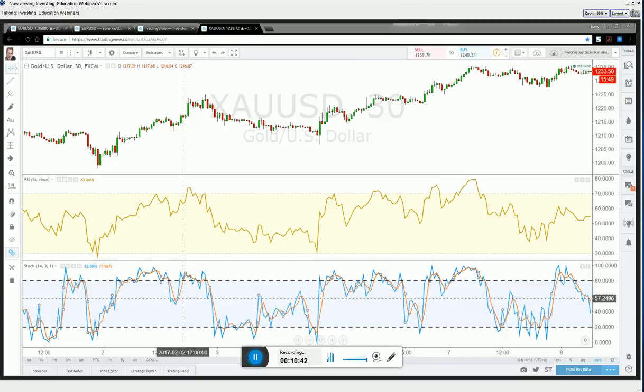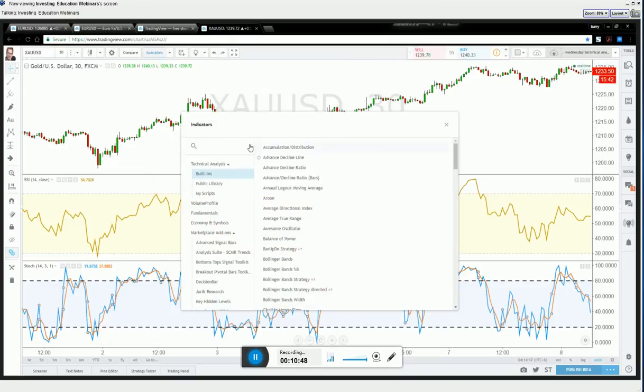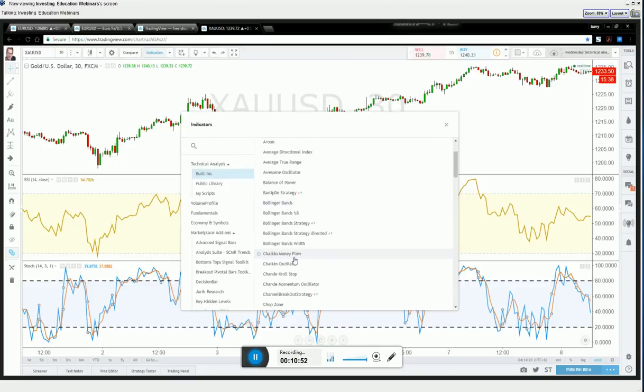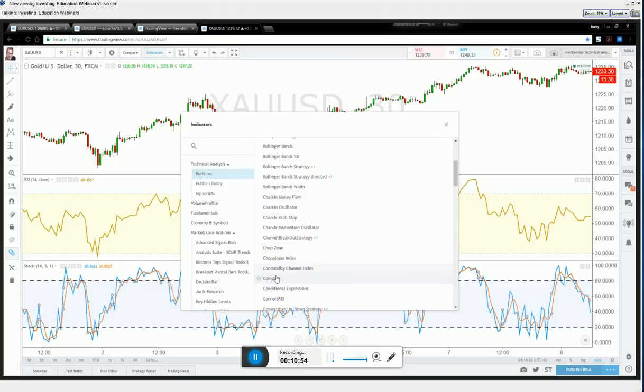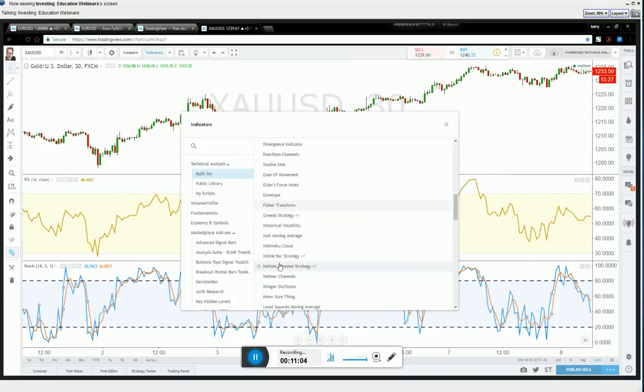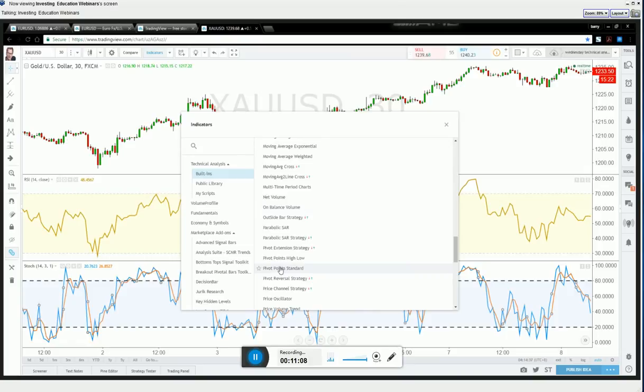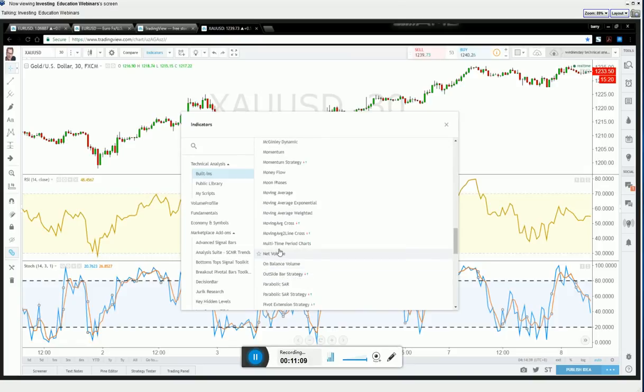Okay. But this is how you put them on charts. Because all these indicators are very popular, you just come up here to indicators, you find the calculations and the mathematics are already built in, and we simply scroll down to where we find it. And it doesn't matter what charting system you use, they're going to offer you the indicators, and most of the oscillators are very, very popular. So we just scroll down alphabetically until we come down to RSI or MACD, or we could just go back up to momentum indicator